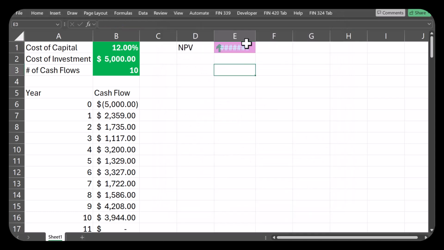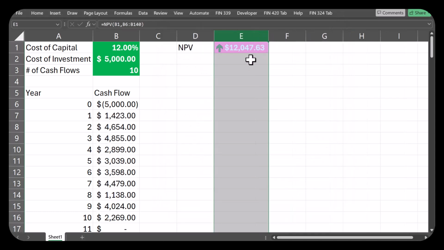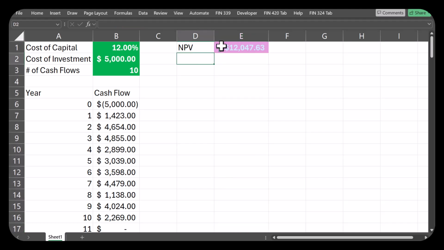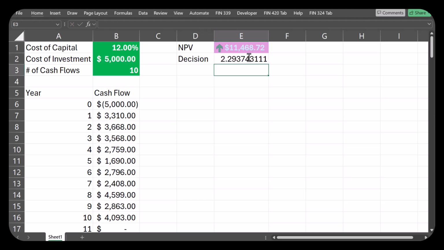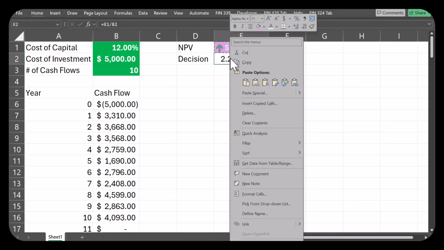Okay. I'm going to actually make a calculation here, divide that NPV by cost of investment, minus 1. No, yeah, I'm going to copy and paste the format,